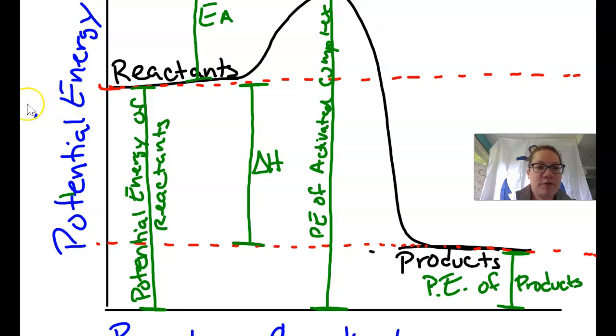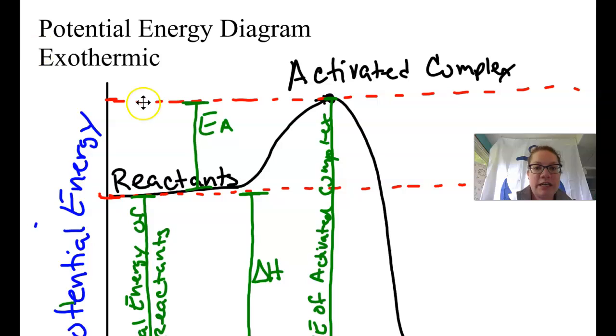This first amount of energy is the amount of energy it takes to get the reaction going. That is the amount of energy it takes to go from the reactants up to the activated complex. And that E A stands for activation energy. So I'm going to go ahead and put that over here. That is called activation